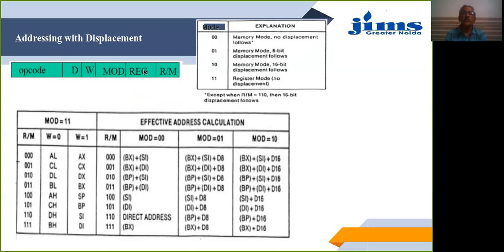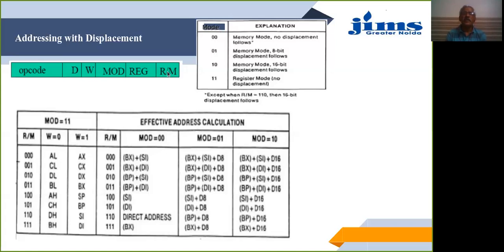If D is equal to 1, this REG field will become the destination. So we can change the source and the destination directions. W is word or byte. If this is 0, it means byte operands, otherwise it will be word operands. The RM field indicates the register or the memory.